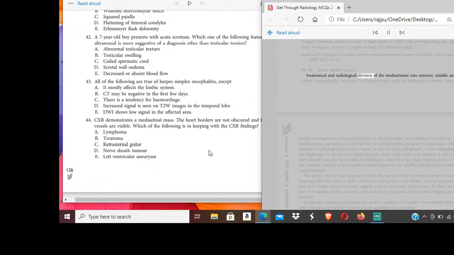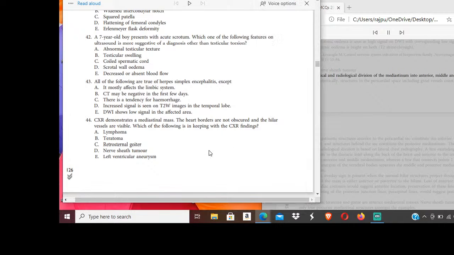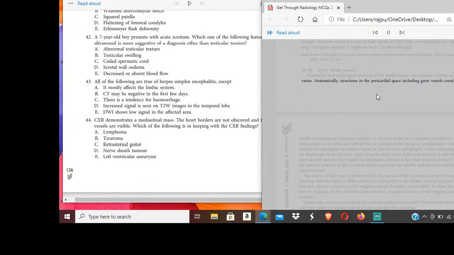Anatomical and radiological division of the mediastinum into anterior, middle and posterior varies. Anatomically, structures in the pericardial space, including great vessels, constitute the